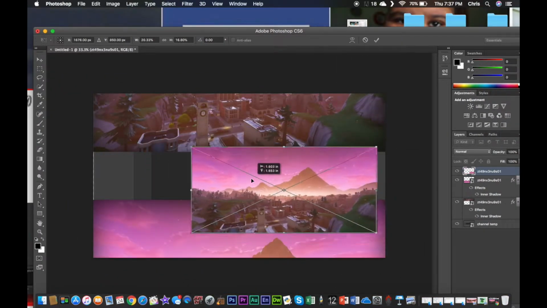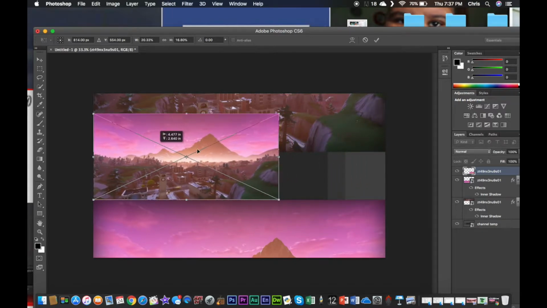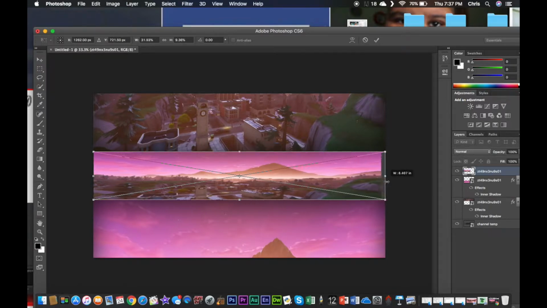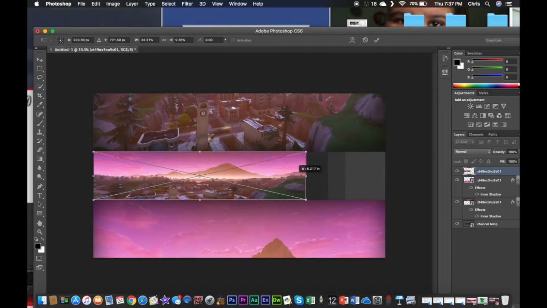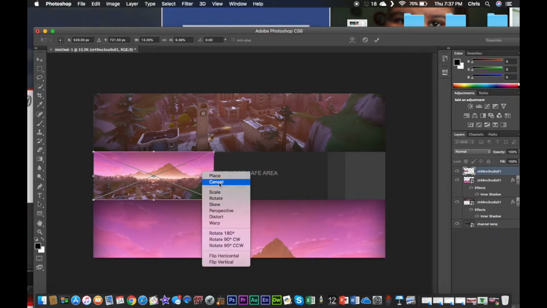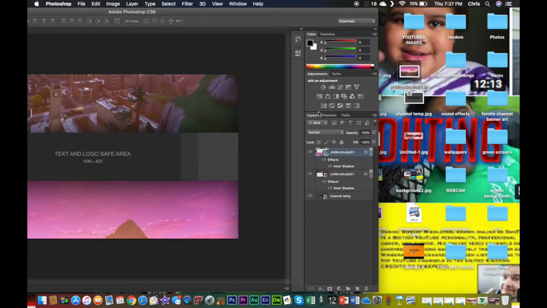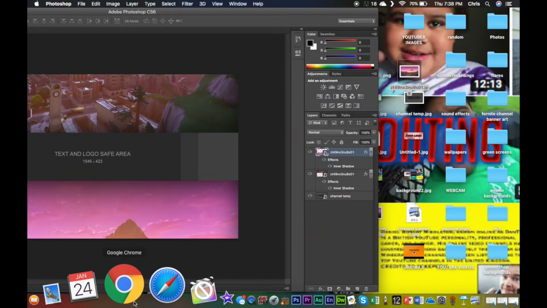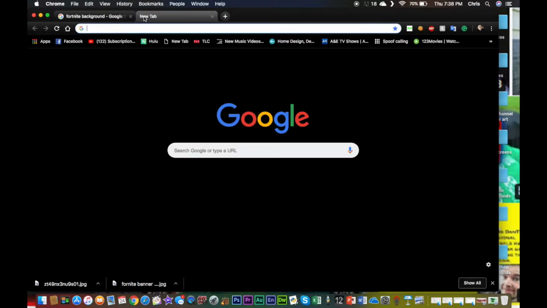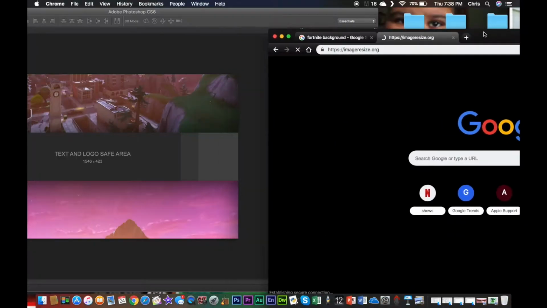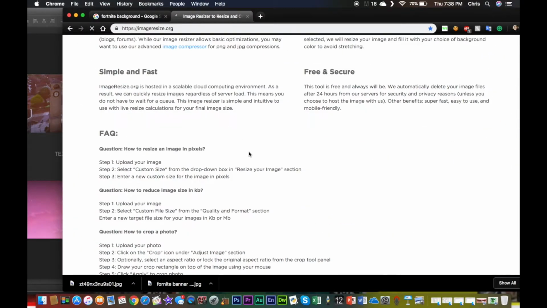I don't know if you could see this, but if I were to drag it here, you can see it's going to look very stretched. And I didn't want it to look like that. And I'm going to show you how you can actually fix it to where it's not stretched in Photoshop. So I'm going to type in crop, and it's just this website right here,